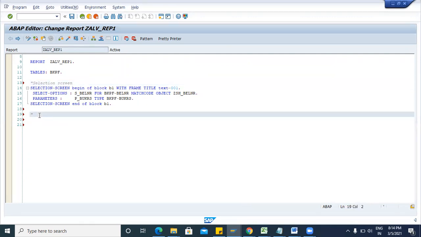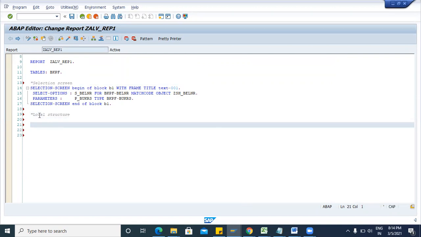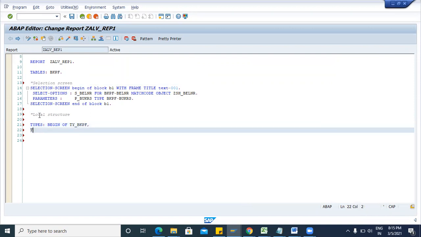Here I will write local structure. Then next I will explain how we can declare a local structure. Types begin of ty_bkpf, then type